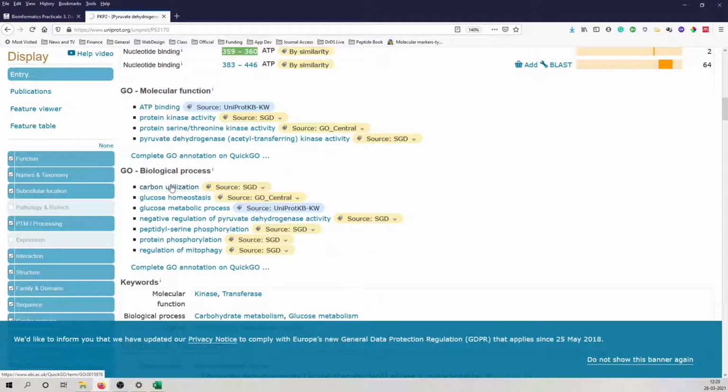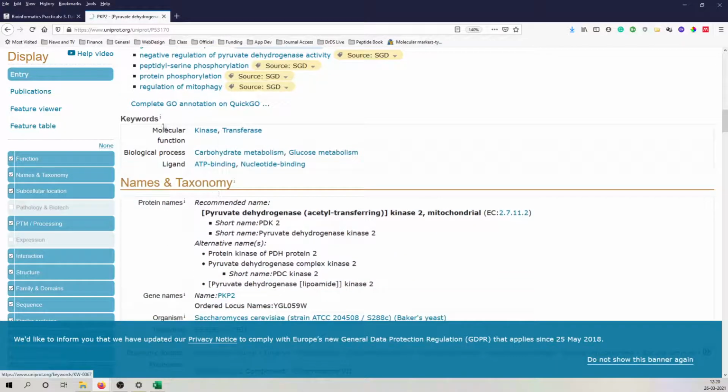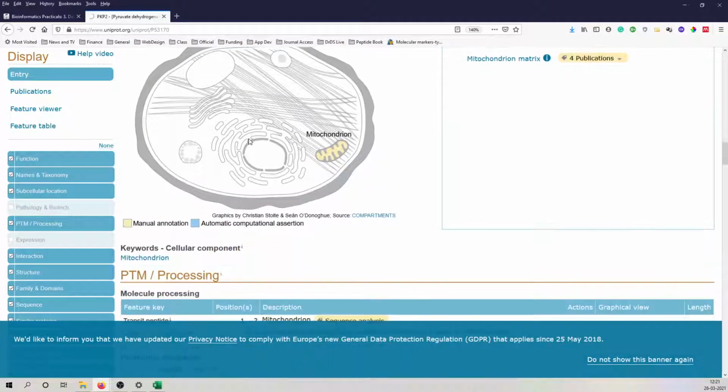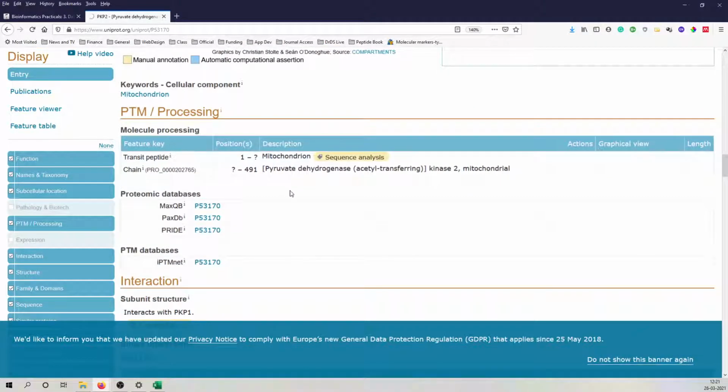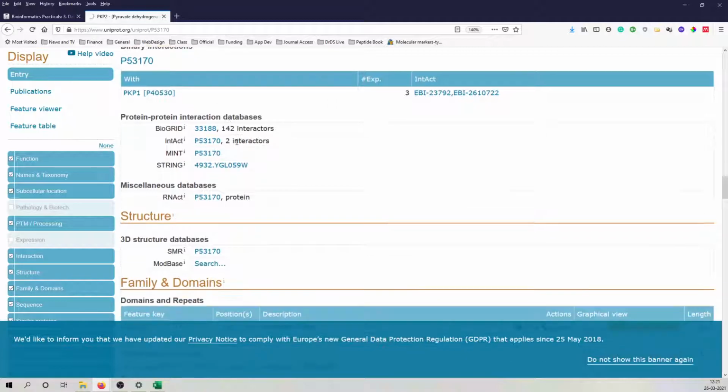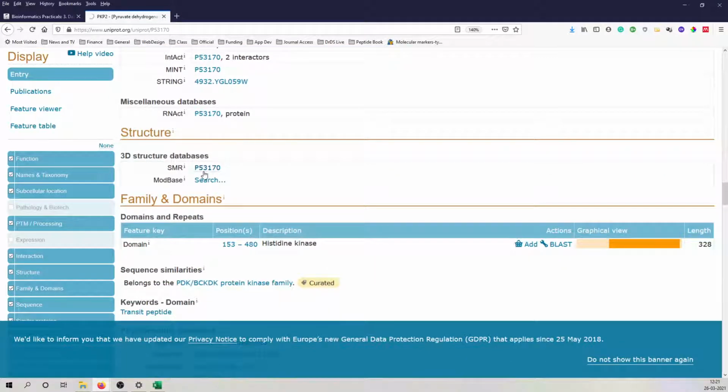Now, molecular functions, biological process, keywords, taxonomical information, subcellular location of the protein, post-translational modification information, if any, is also displayed there. Now, different interaction information, structure of the protein if it is available, PDB entry, that is 3D structures and structural information.